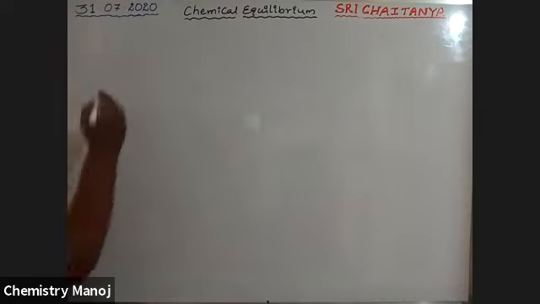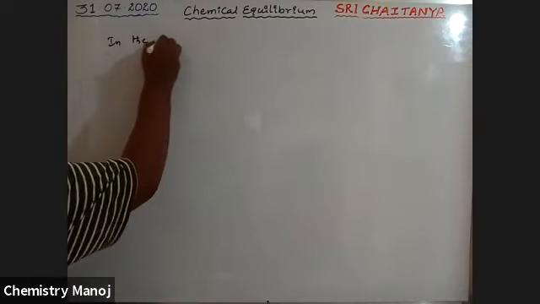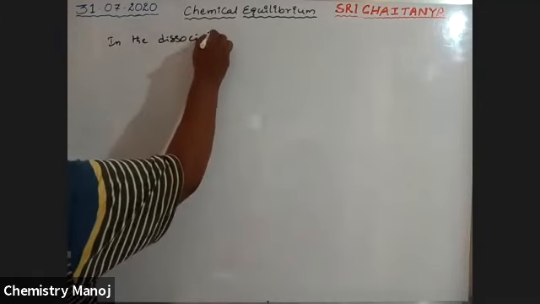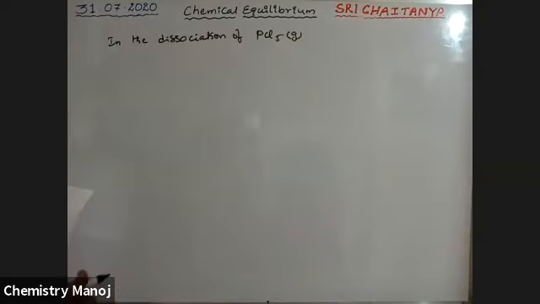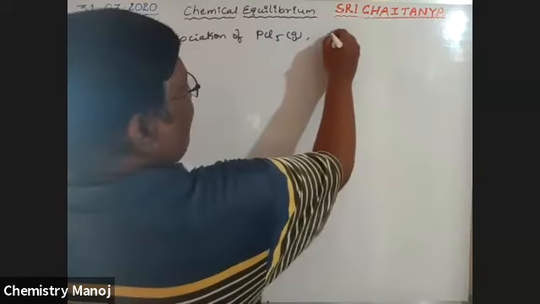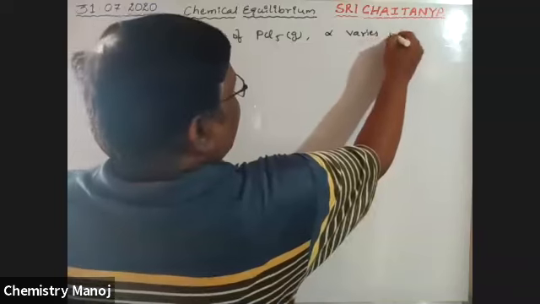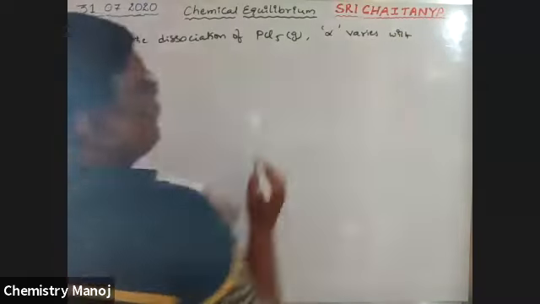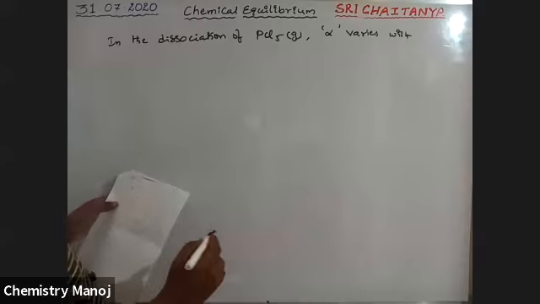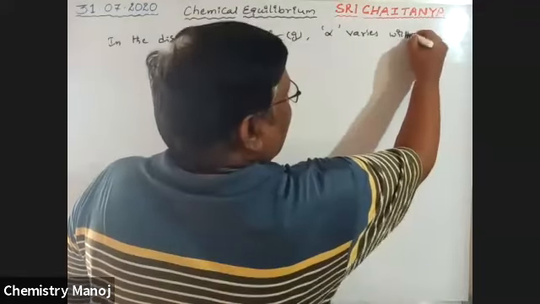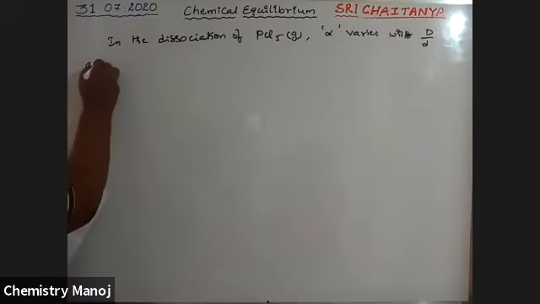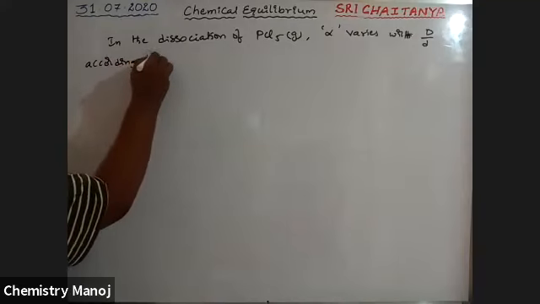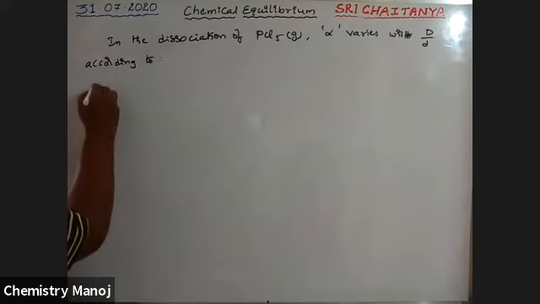In the dissociation of PCl5, which is a gas, alpha, nothing but the degree of dissociation, varies with capital D by small d. According to this, the options are: